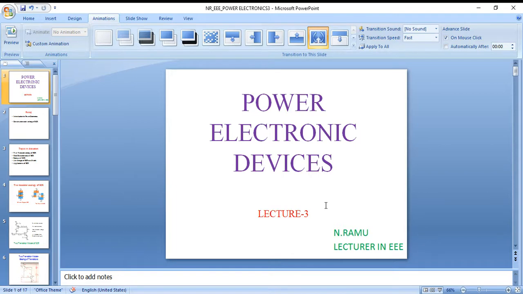In the last class, we discussed the introduction to power electronic devices. In that, we mainly focused on thyristor family devices, that is SCR, MOSFET, IGBT, power BJT, MCT, and different devices.